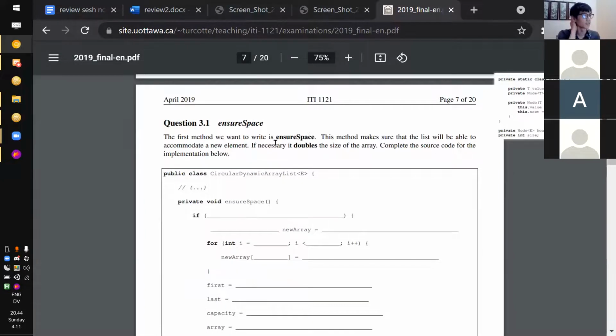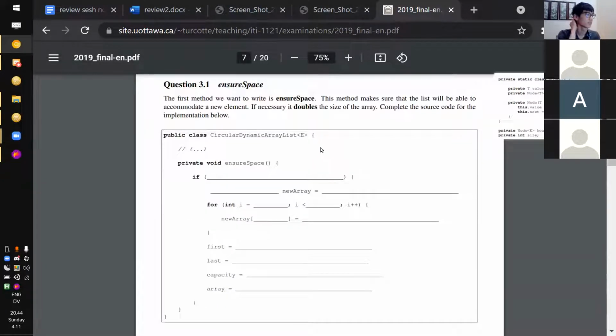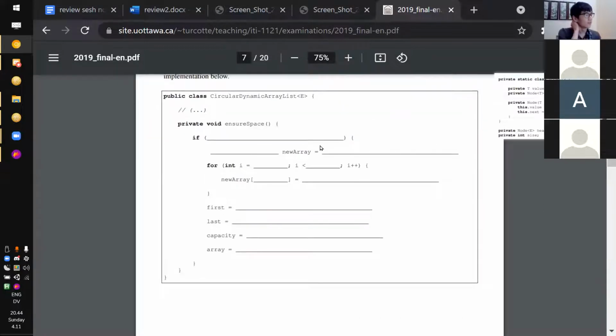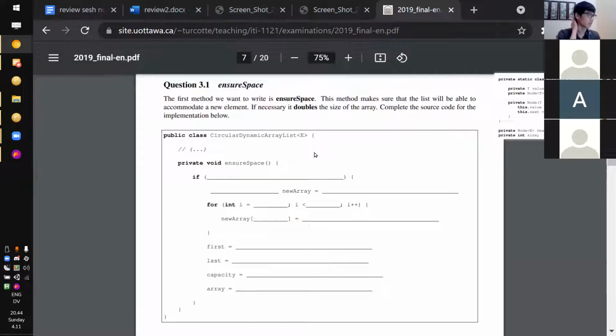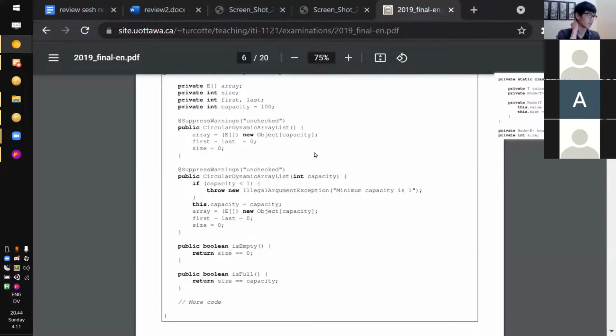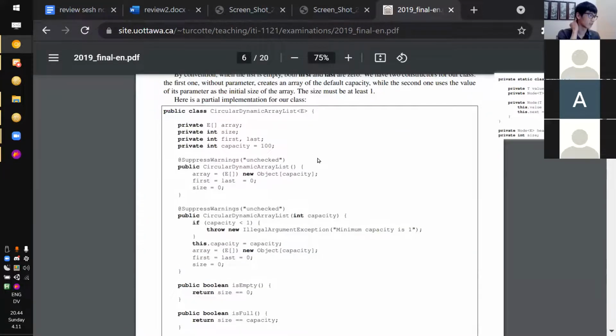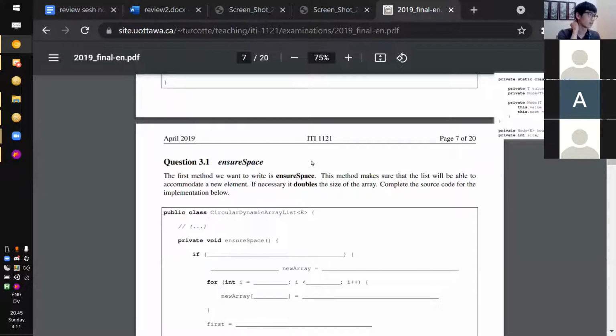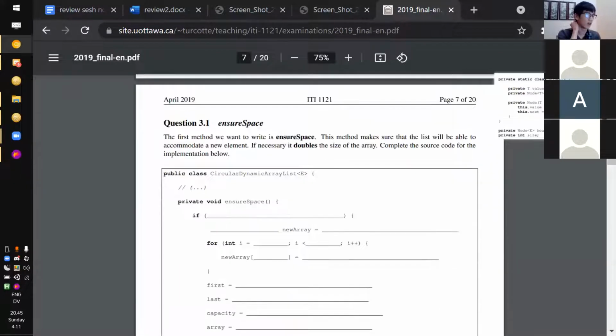This method makes sure the list will be able to complete the source code for the implementation below. More fill in the blanks. Ensure space. What I'd expect is each time you call add,